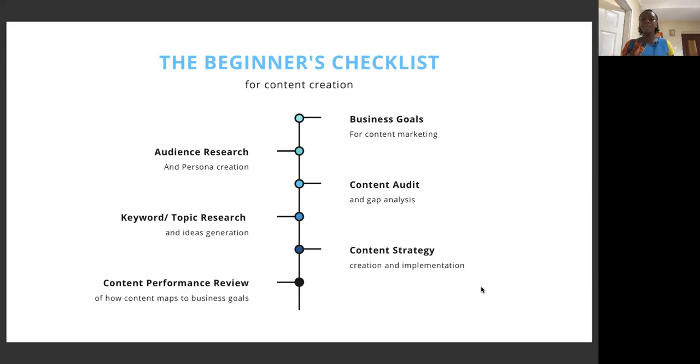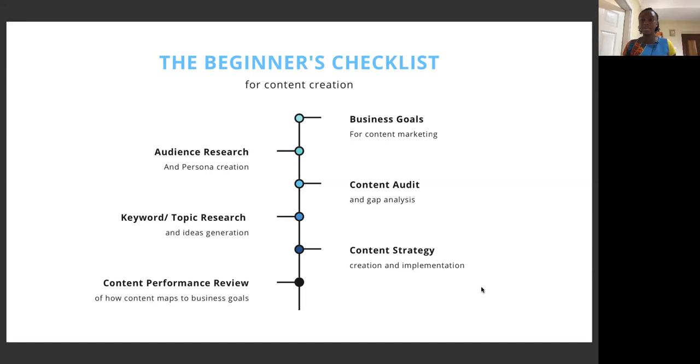From there, you compile everything you've learned about what your audience are looking for, who they are, the gaps you have found in the industry that you can fill, and your business goals, and you create a content strategy to help you be consistent with your content creation efforts. And then finally, implementing the content strategy would mean that you will get some sort of results. It could be the results you're looking for or something else. So you would review the performance of your content and then see how to move forward with the rest of